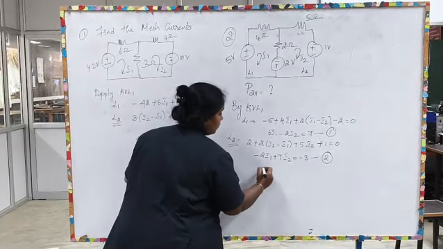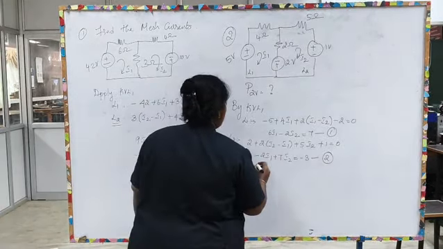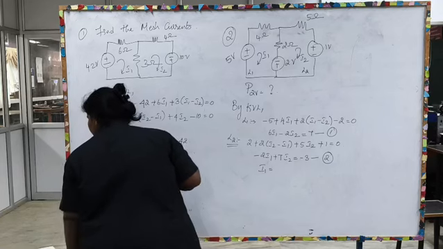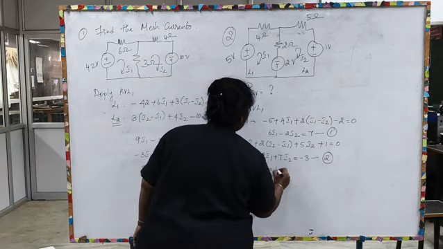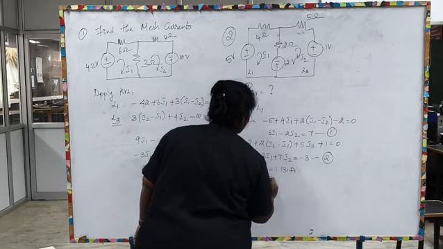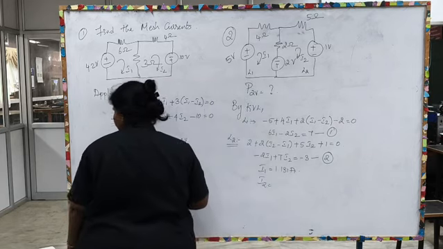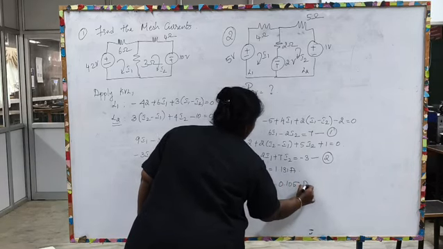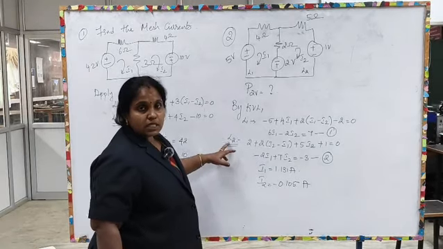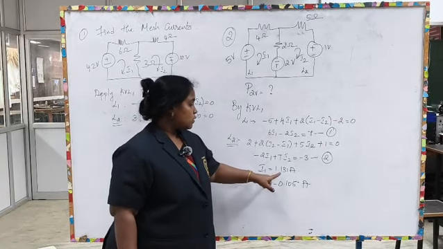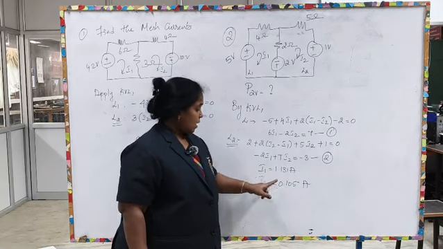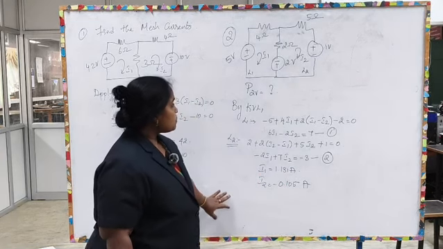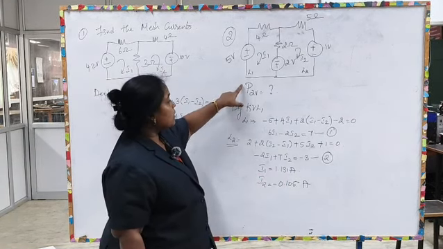Next, by solving these 2 equations, and by solving this simultaneous equation, you will be getting I1 as 1.131 ampere and I2 as minus 0.105 ampere. So, after finding these mesh currents, we have to find the current that is